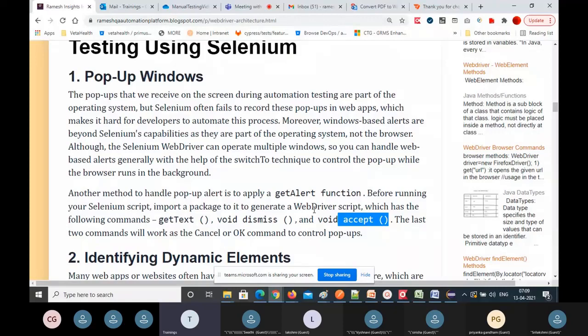Web pop-ups are designed by HTML only. You don't have a problem there; you can directly switch to that window. It's another window it creates, and you can handle that. Here also, Selenium provides the alert method, which switches to that alert, and then you can call either accept or dismiss, and the pop-up will be handled.